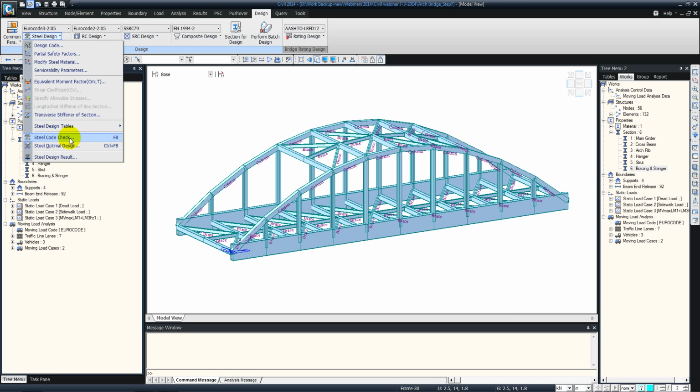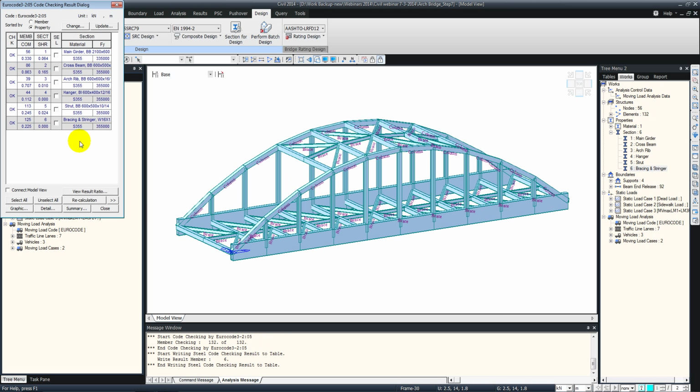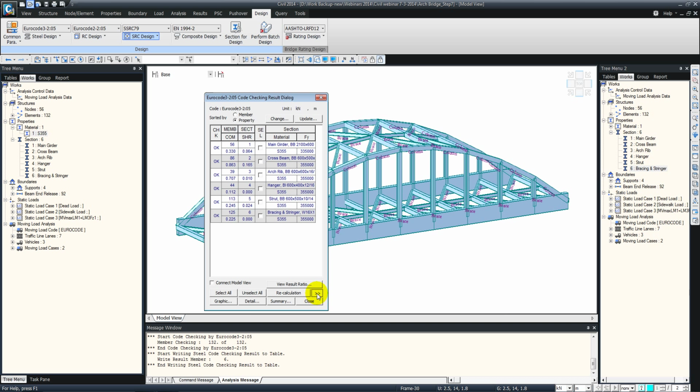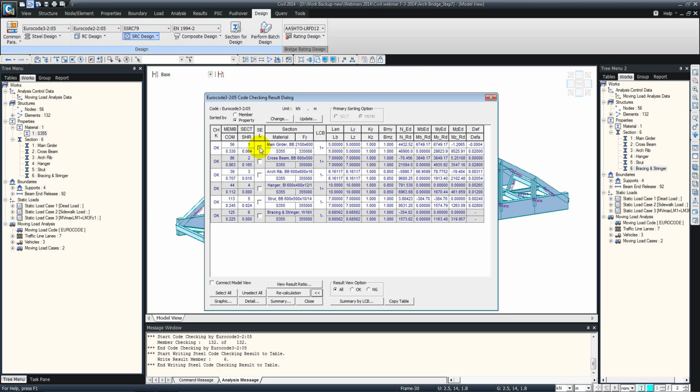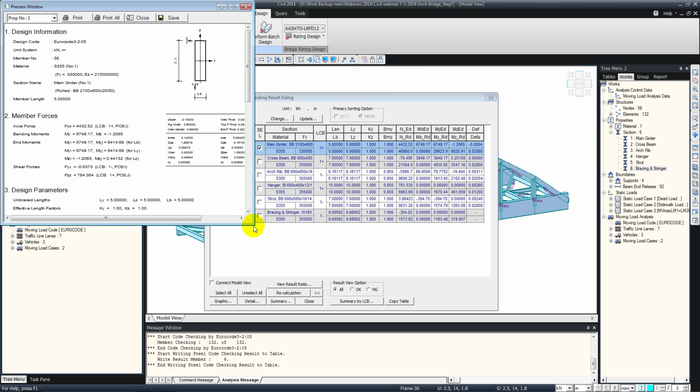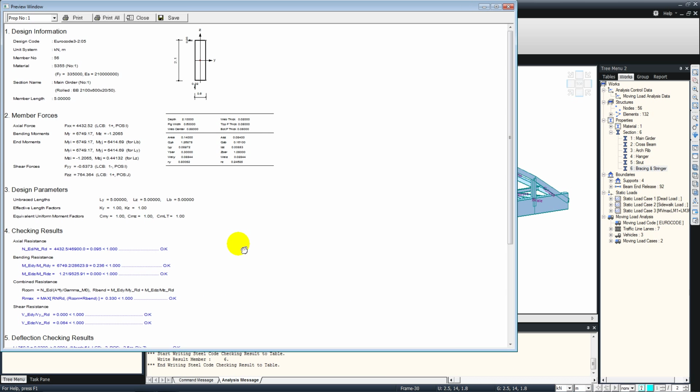So just go down through the steel design and do a steel code check. You see it's just selected all the members. It's carried out a check, so as you can see it's all highlighted in blue, so that means it was all passing. Now we can look at the graphic, which is just a quick summary report, just to look at the members